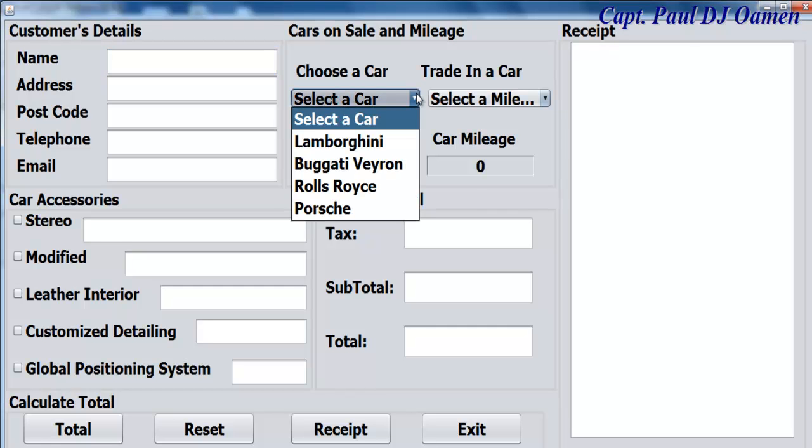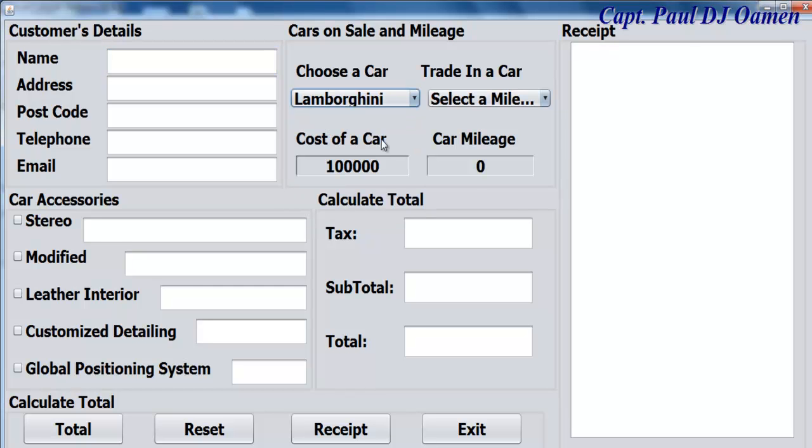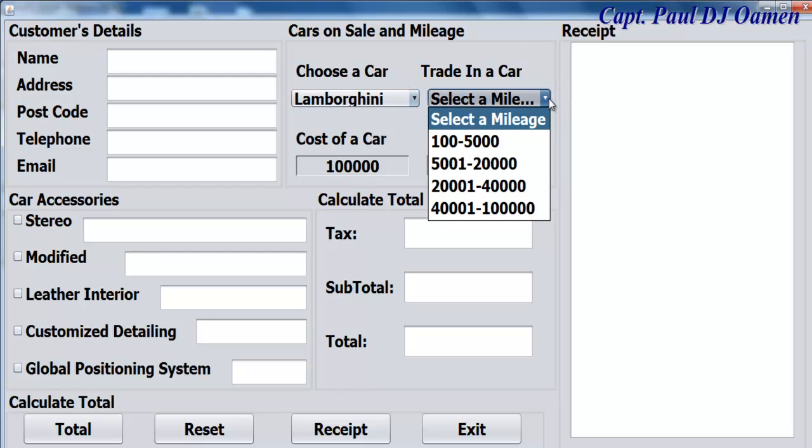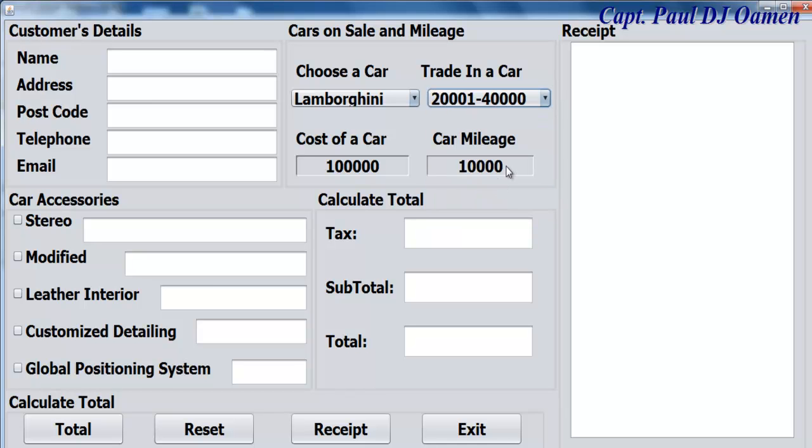Okay, so if you go for maybe Lamborghini, that's the price of a Lamborghini, and you intend to trade in your own Lamborghini with 40,000 miles. Okay, the price you get for that would be £10,000. Alright,